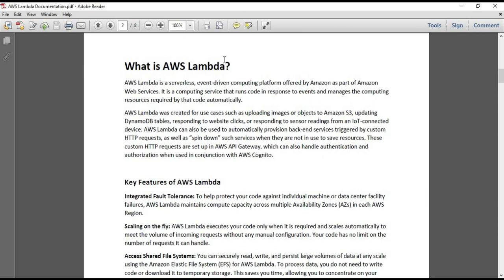AWS Lambda was created for use cases such as uploading an image or object to Amazon S3, updating a DynamoDB table, responding to a web click, and responding to a sensor regarding IoT connected devices. AWS Lambda can also be used to automatically provide backend services triggered by customer HTTP requests, as well as spin down such services when they are not in use